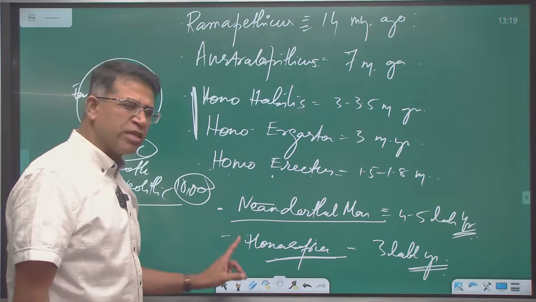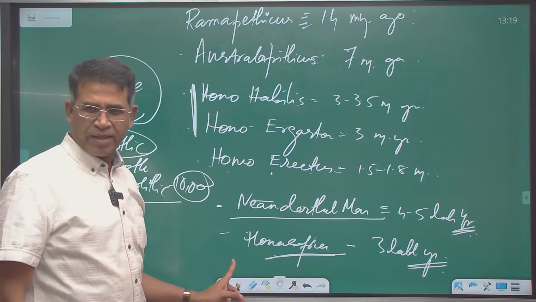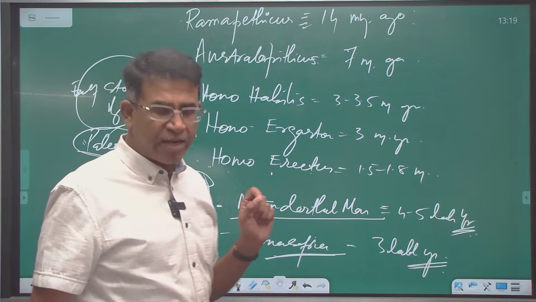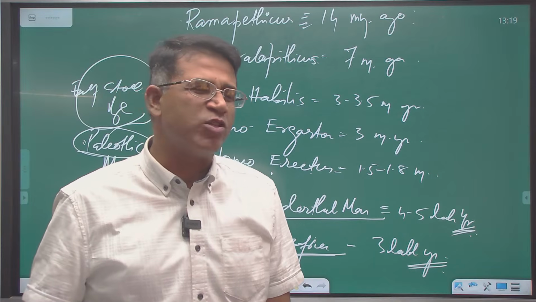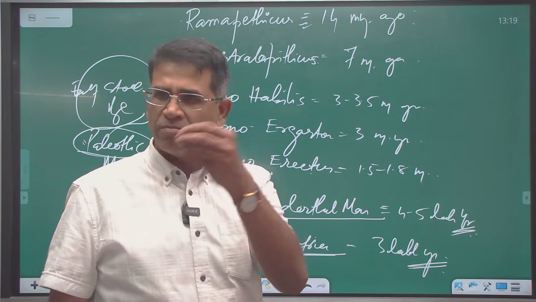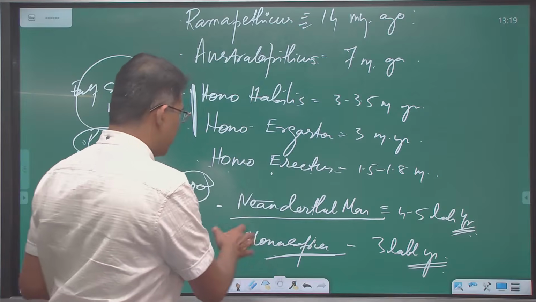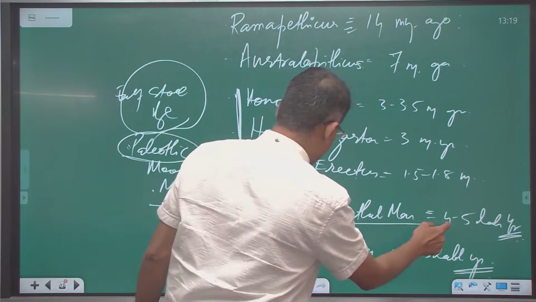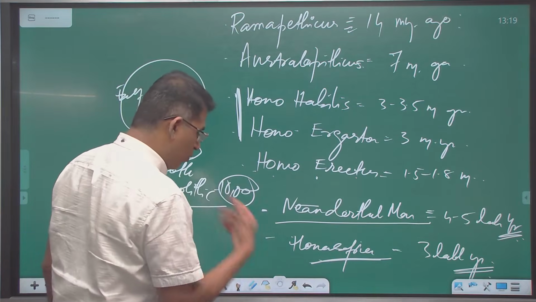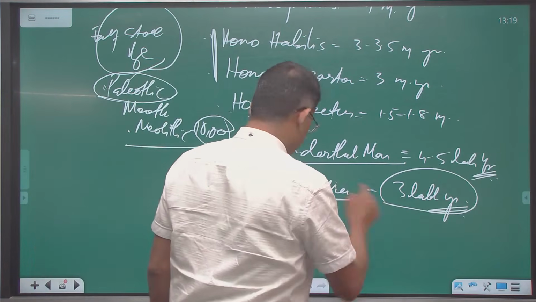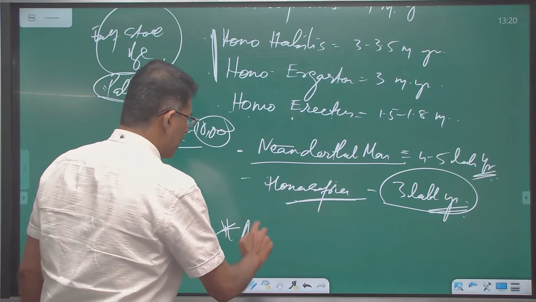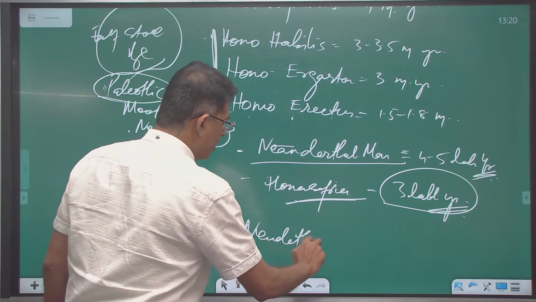Yes, the closest to human being. One Neanderthal man and one Denisovians. Again, not much evidence has been found of Denisovians, but there is one more species. This was about 4 to 5 lakh years ago, and Homo sapiens, the species we are, about 3 lakh years ago. And you can put a point here that